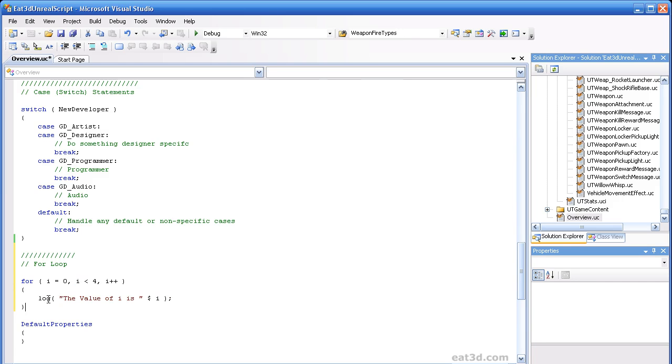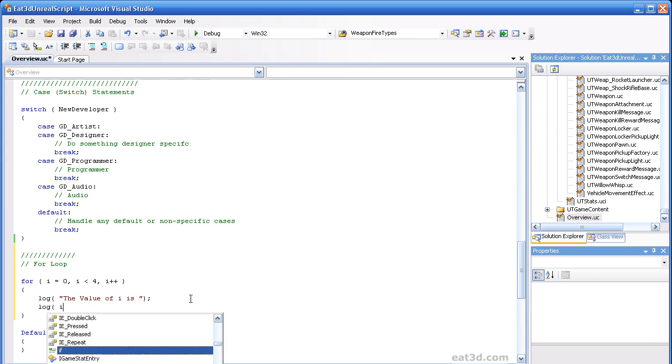All right, so that's a real basic for loop. There's a couple other things that we can note while we're here. One is that as long as you're operating with the braces, you can do as many lines inside of the for loop as you want. So for instance, if you didn't want to do the concatenation, then you could do a second line and just log I. So this would do it on 2 separate lines, and we don't need the extra space there.